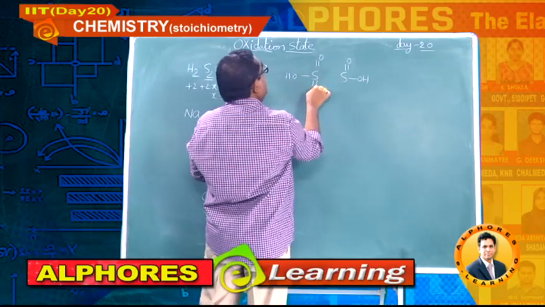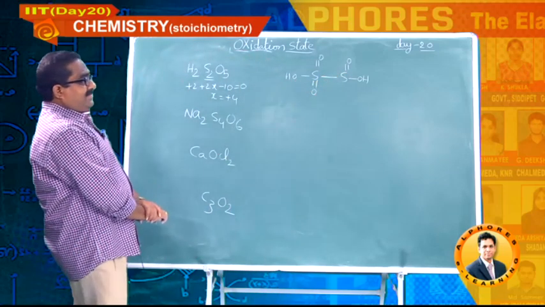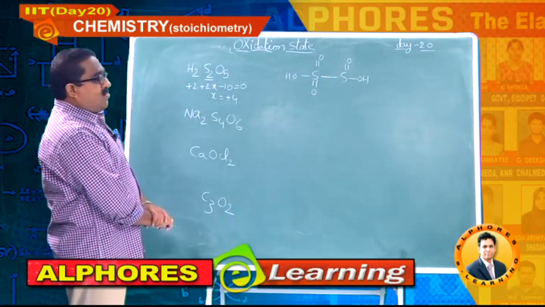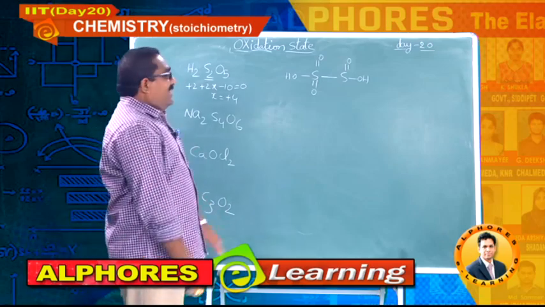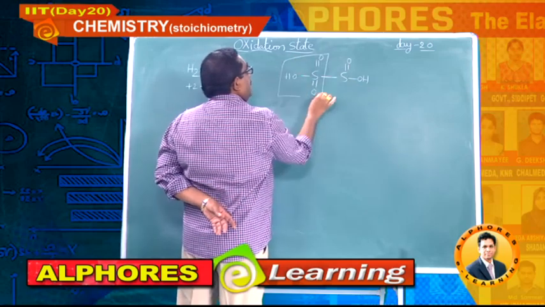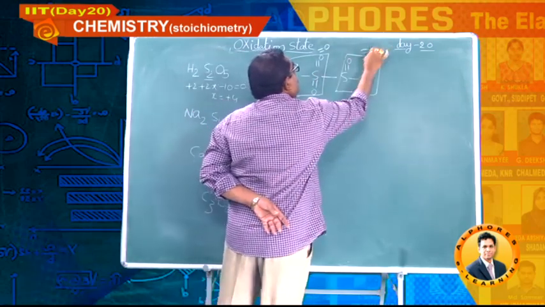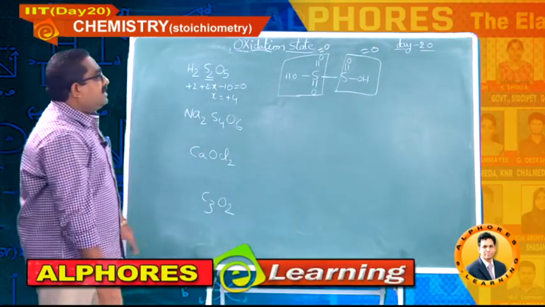Four oxygens. So, this is the structure, H2S2O5, right. Again, bonding between same two elements. This net should be equal to 0 and this net also should be equal to 0. That is what we did up to now, right.